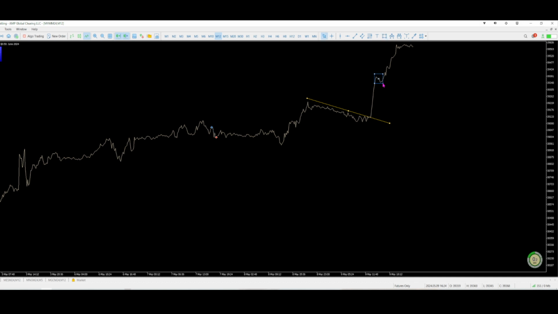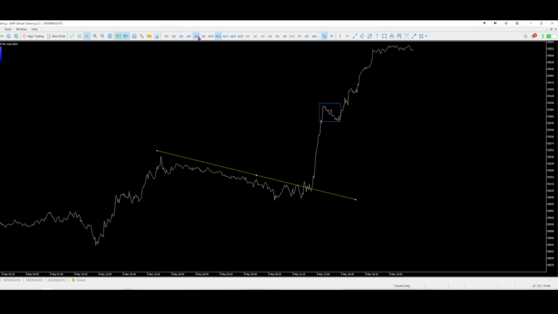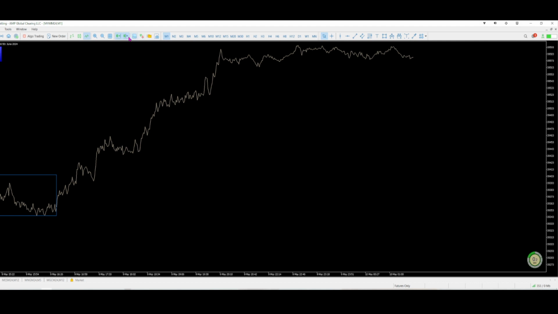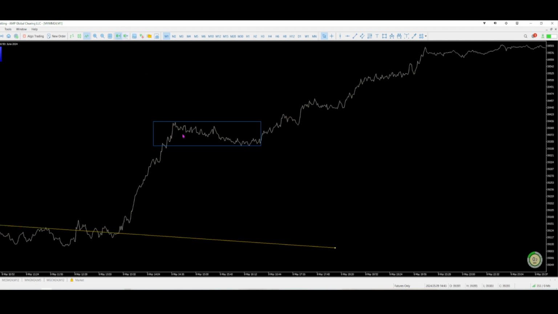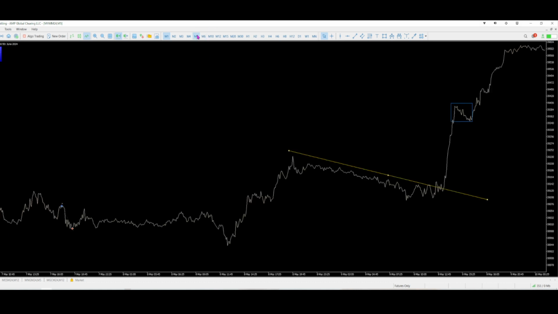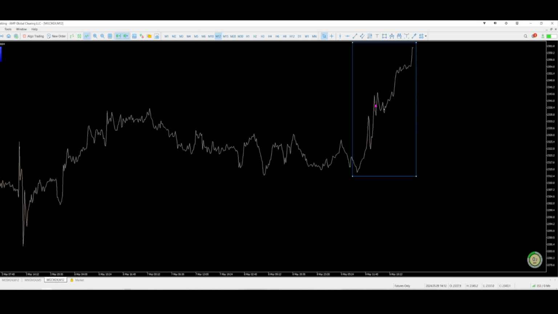In fact, we could just take a quick look at this. Let's go to the 5. Not too bad there. We didn't really take out any structure. So let's look at the 1. Yeah, even on a 1 minute chart, this particular one doesn't look that bad. Didn't really take out any structure, and it was very choppy. So that's not a good example, but you know what I mean. I think I was showing that on gold.